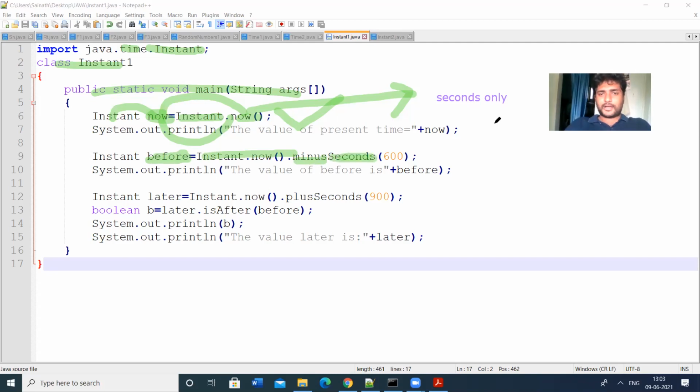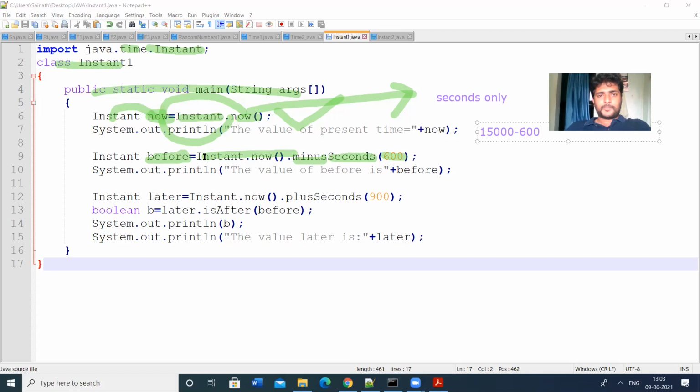I am reducing the time by 600 seconds. Suppose this output displays the time as 15,000, then minus 600 is the output of this.